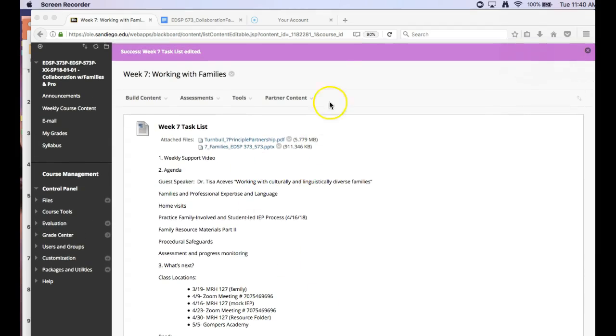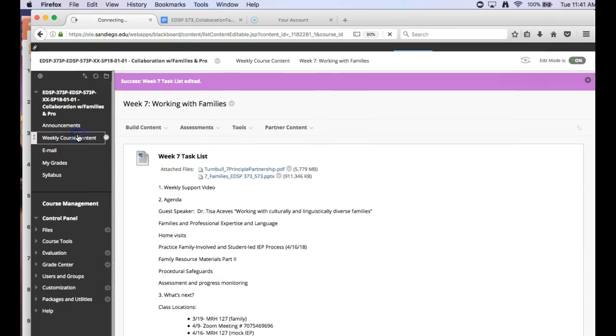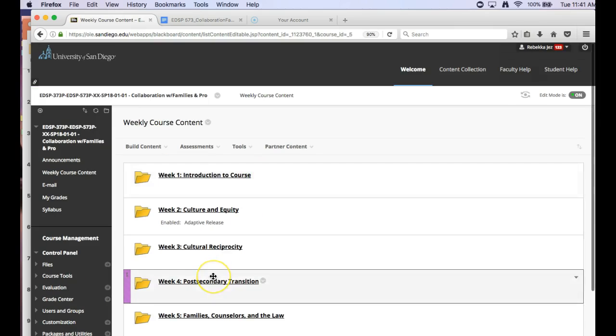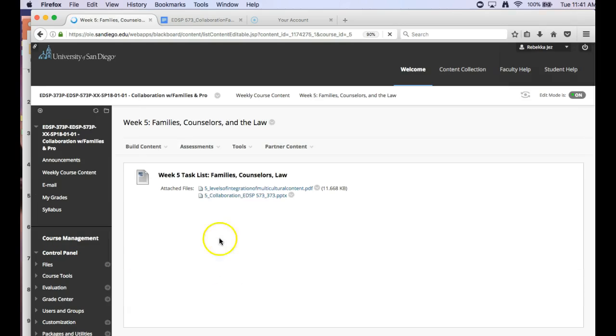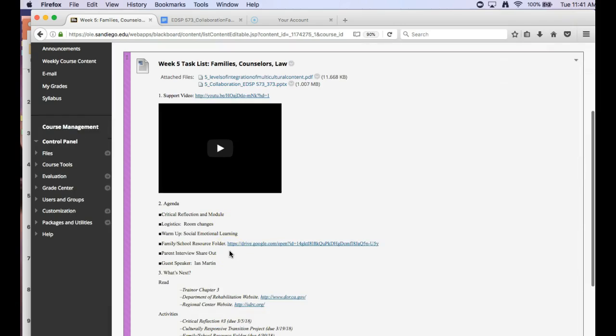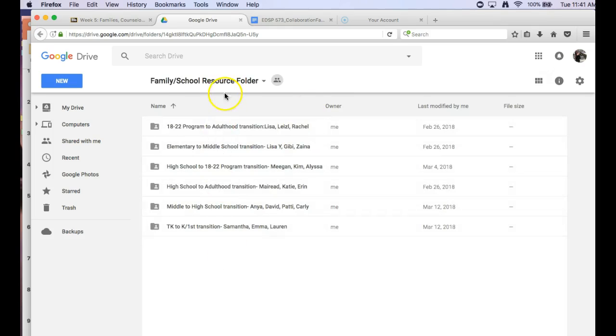One of the other things that came up last night was around your group projects. And so I want to make sure to touch base about that. So right here is where we have the link for each one of the groups, the family resource folders. Some of the groups, I jumped into their room and I went through and talked about the types of resources that they may have. So you can see here's the groups right there.